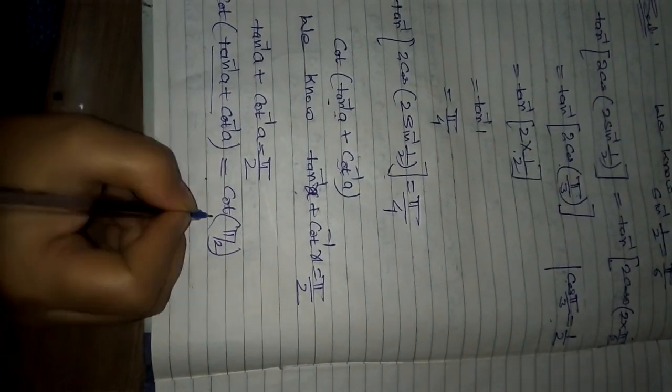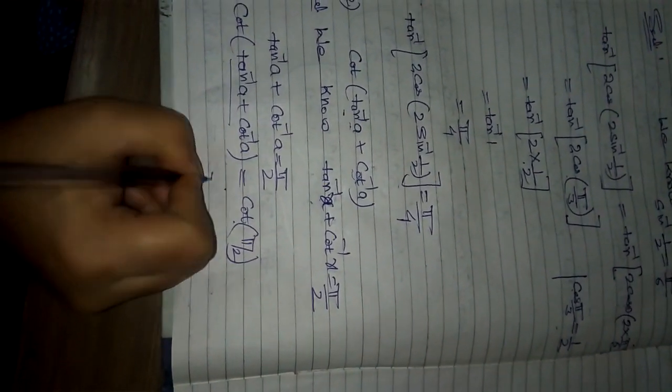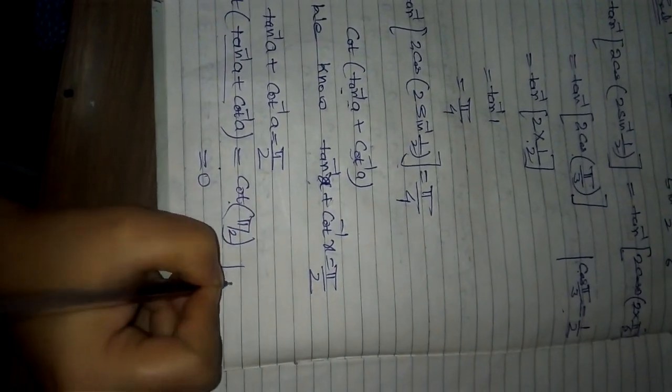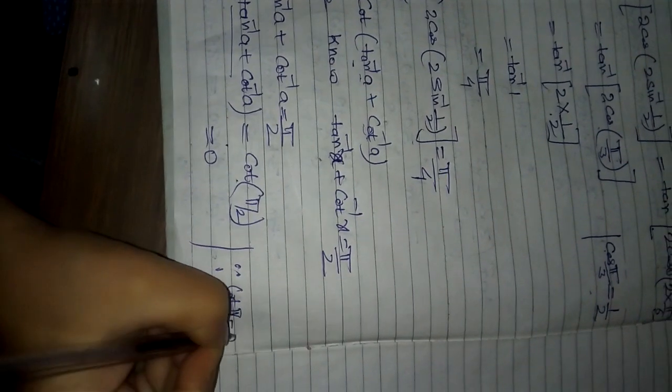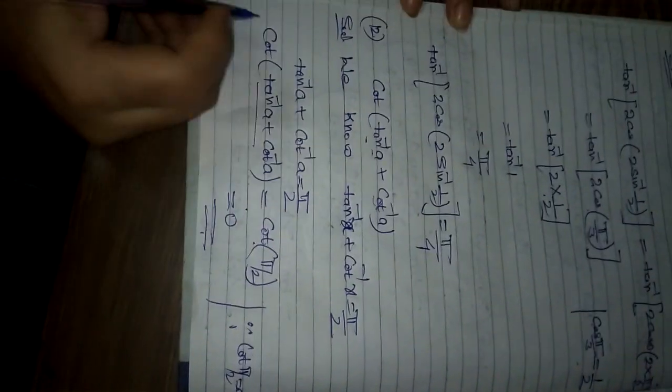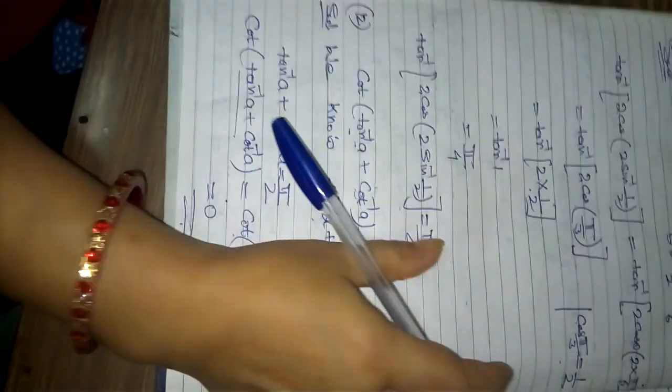So what is the value of cot pi by 2? The value of cot pi by 2 is 0. This is the answer of this question. Now let us start the question number 13. The question number 13 is